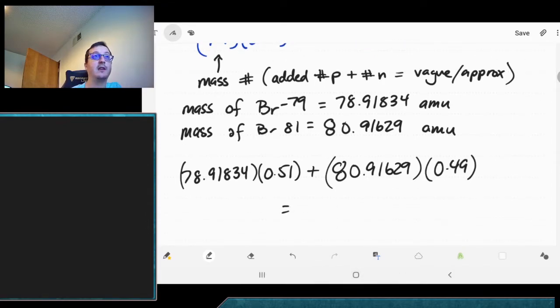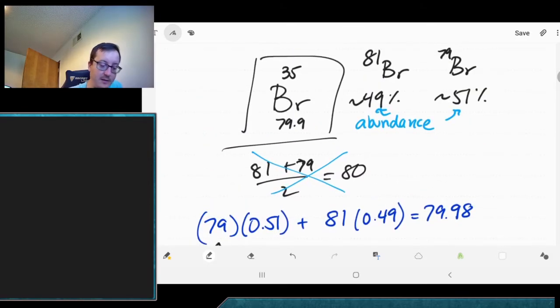I hope this gives us the right number. 78.91834 times 0.51 plus 80.91629 times 0.49. Oh ho, and what do we get? 79.89, which we can round to 79.90,